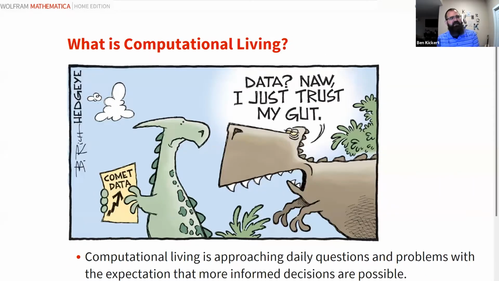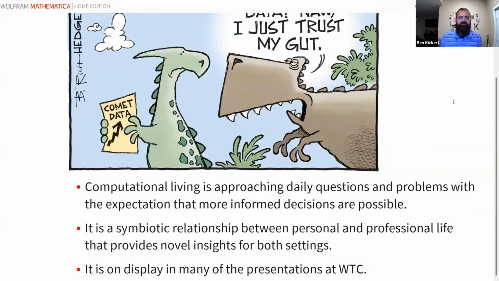So let's start by asking, what is computational living? In short, computational living is simply approaching life, understanding daily questions and problems with the expectation that more informed decisions are possible. That's to say that when we look at a situation, we know that there are ways that we can better understand the world around us and can respond to that.